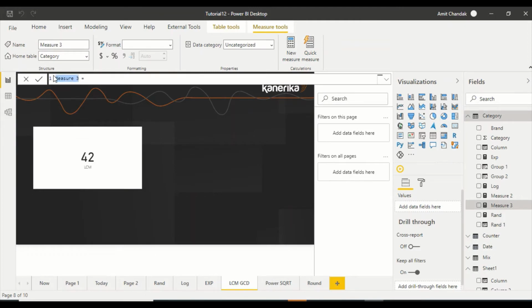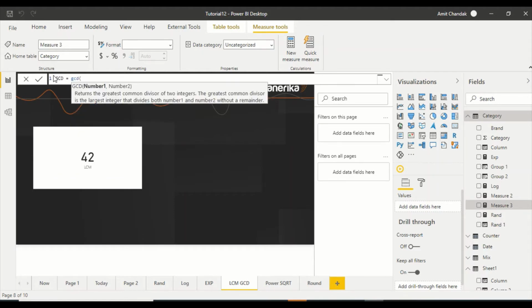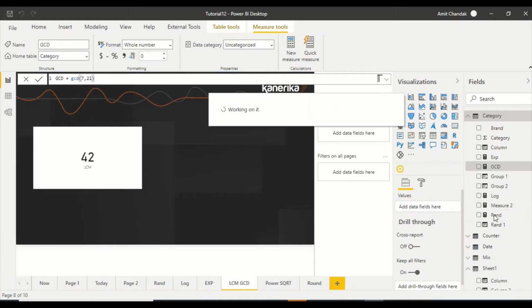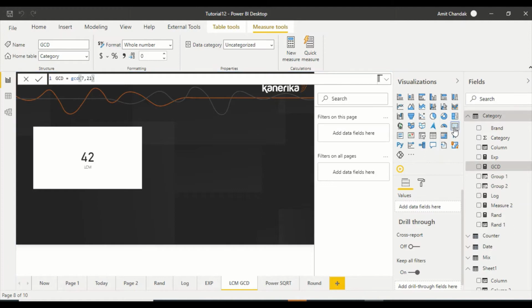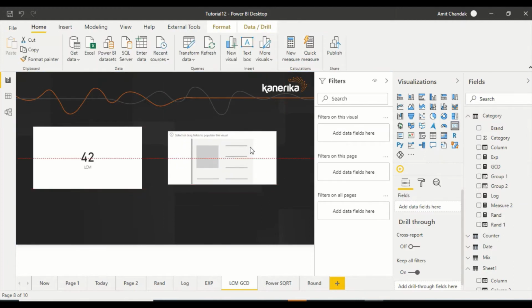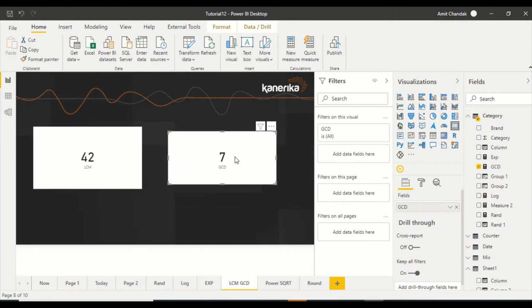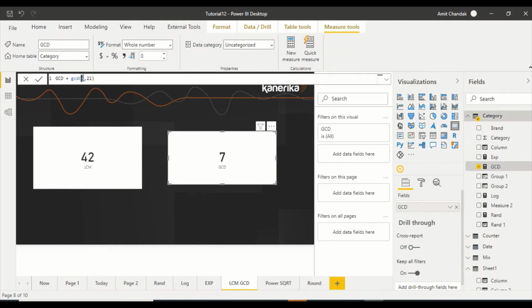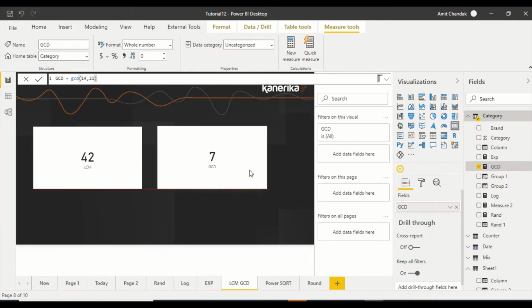Now let's try GCD, or HCF as we can also call it. In the case of GCD, let's again try with 7 and 21. As you might be aware, if there are two numbers and one of them can divide the other one, the smaller number should be the GCD. So 7. Now let's try between 14 and 21. Okay, 7, because 7 can divide both of them.